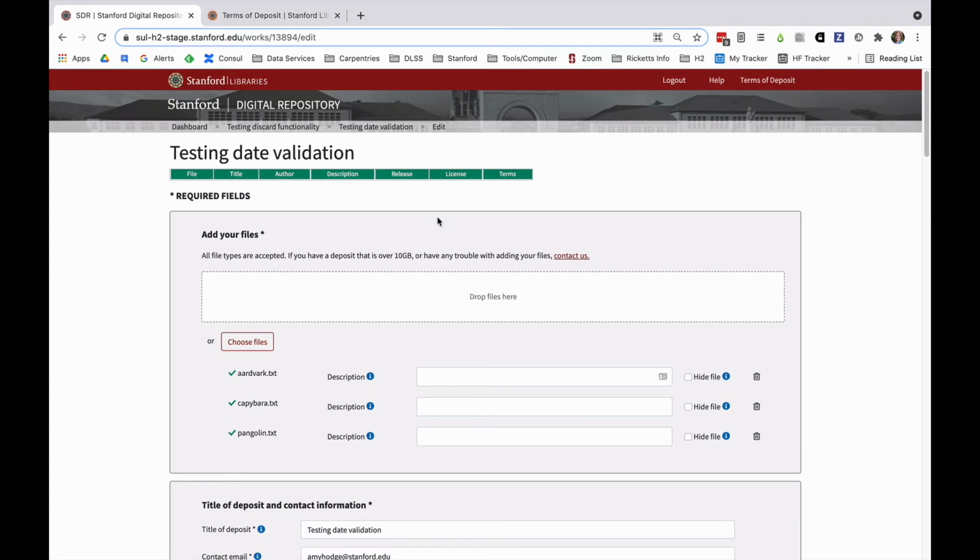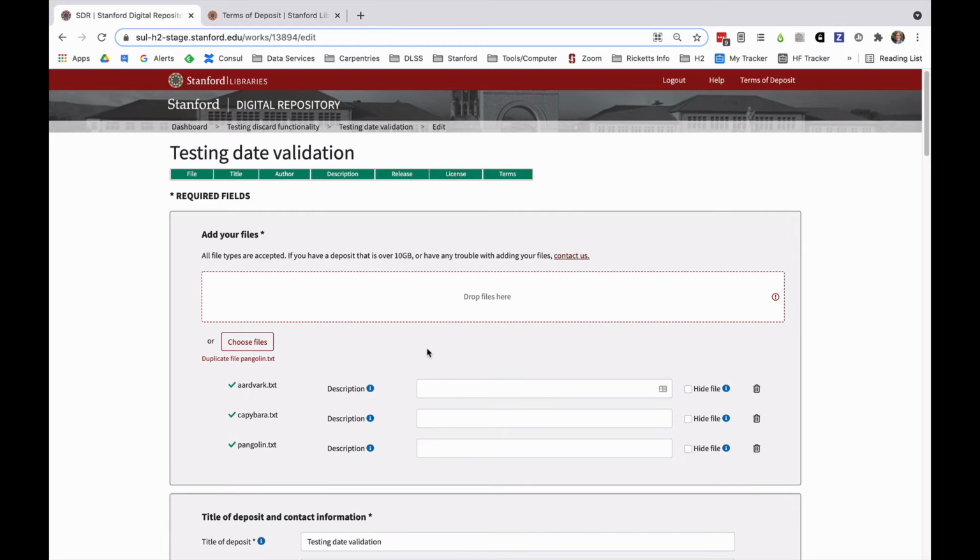Here, one of the nice new features that we've added is that if a user attempts to upload a file with the same name as a file that's already been uploaded, they receive an error message that tells them that a duplicate file was uploaded and which one it was. Another thing you'll see is, if I upload another file,